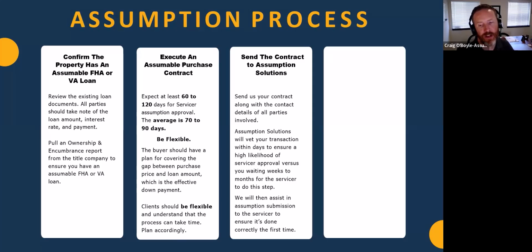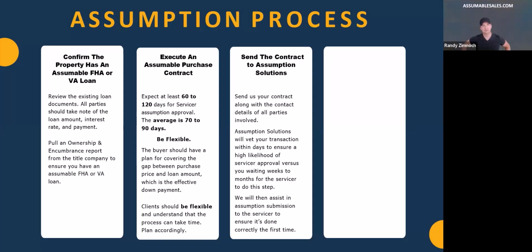And the funny thing we're finding is the servicers do not check entitlement until almost right before closing. So let's say it is a 90-day process and you get clear to close, and then a day or two before you close, the servicer's like, hey, we don't see sufficient entitlement here. And so you've been in this deal 90 days, and now the seller has to go, do I walk from my entitlement and keep this deal? Or do I go back to square one and start marketing this home again? Yeah, it's a tough situation.